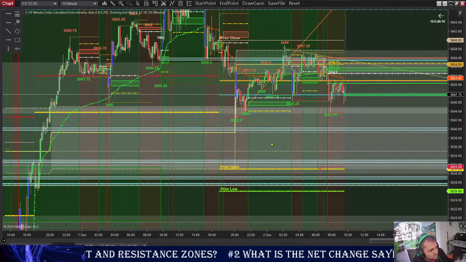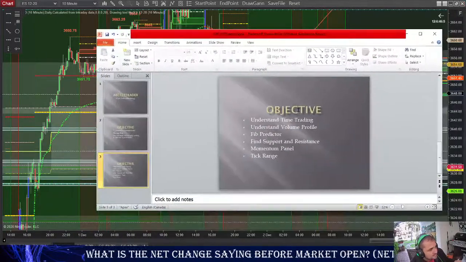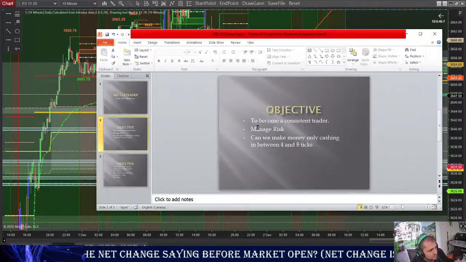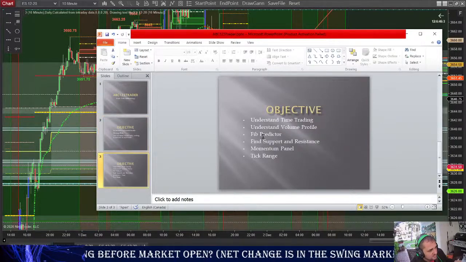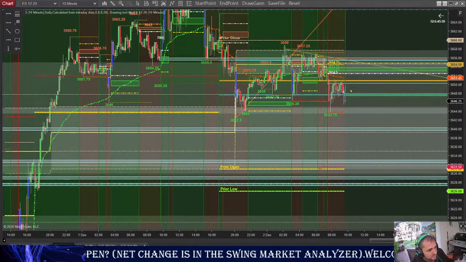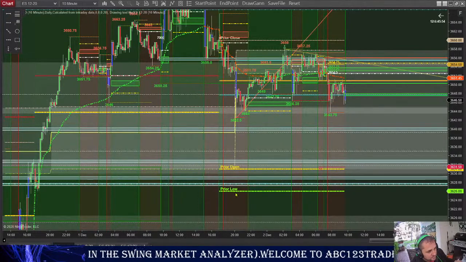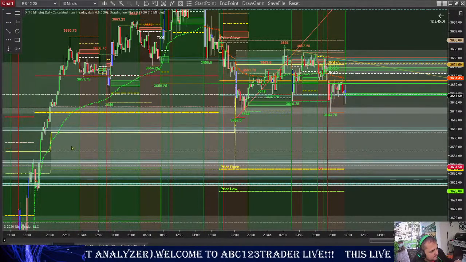But what we're going to do is we're trying to find all our support and resistance. And I know some of you guys came in late. Basically what I'm trying to do is try to show some of this, and also understanding volume profile and support and resistance. So what we're going to do is it's going to drop down. Maybe it might go to prior open or prior low. And when we're writing our information for market open, you can see resistance line here, but this is the